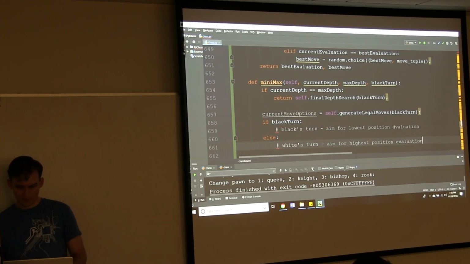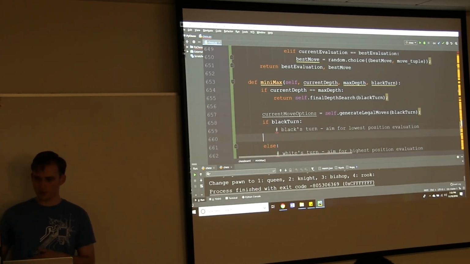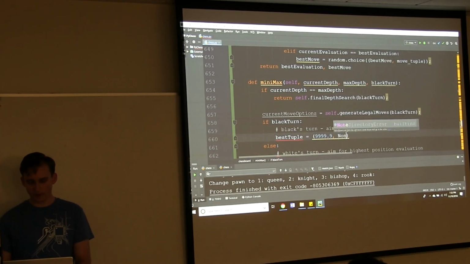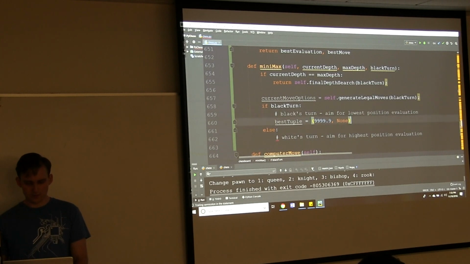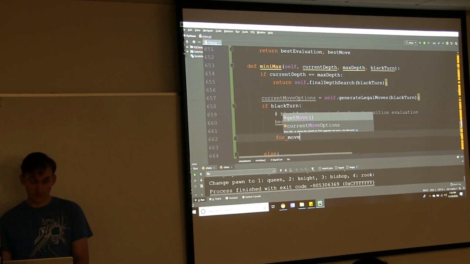Okay, so we can jump into it. I'm running a little low on time, so I'll try to go fast. Make sure to still ask questions though if you're lost or anything like that. So once again, I chose to start the best tuple at the max possible. And like someone pointed out earlier, you could start with the first move, but you're going to be searching the first move anyway, so I don't think it actually saves you that much. But, you know, it's worth thought.